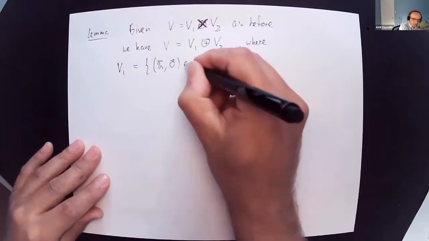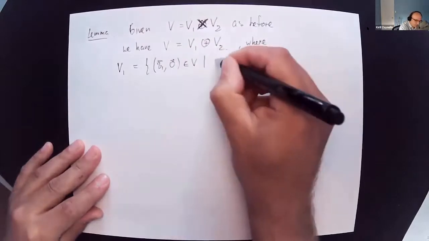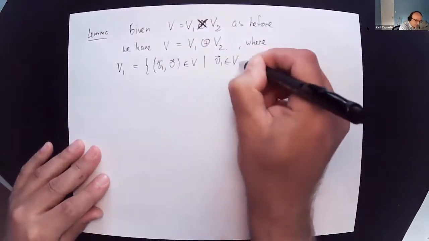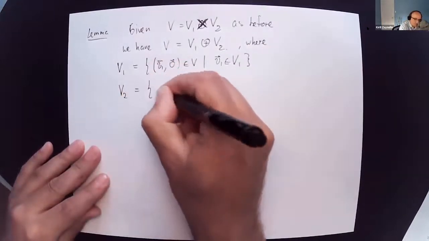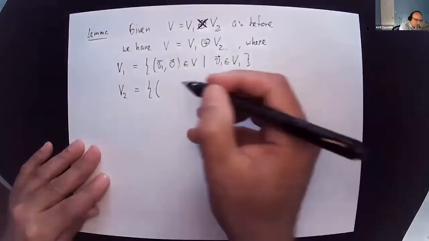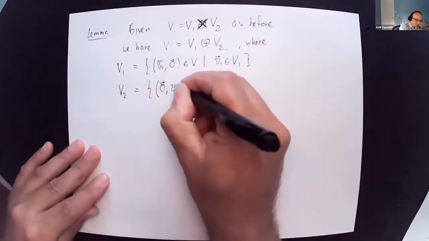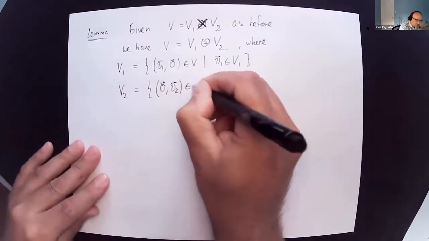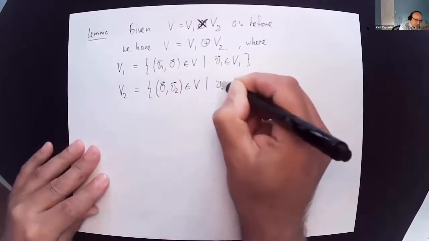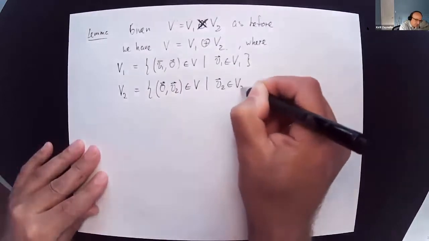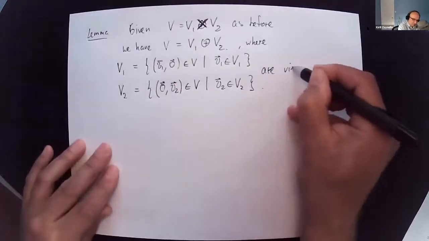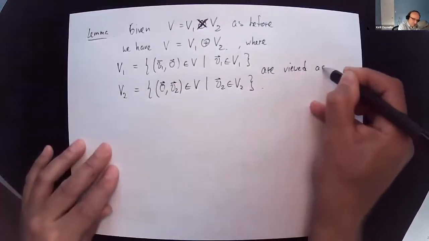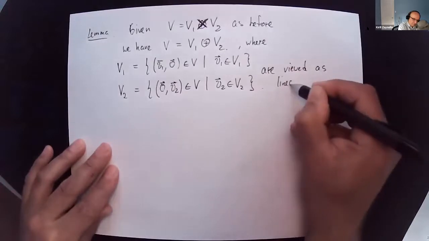So that's from V, such that, right? So v1 is from V1. And V2 we can identify also with the second coordinate. So it's the same V2. And v2 from V2. So these are viewed as linear subspaces